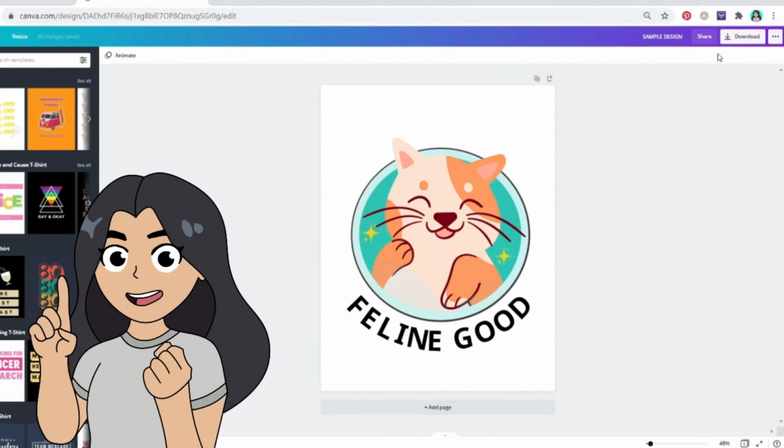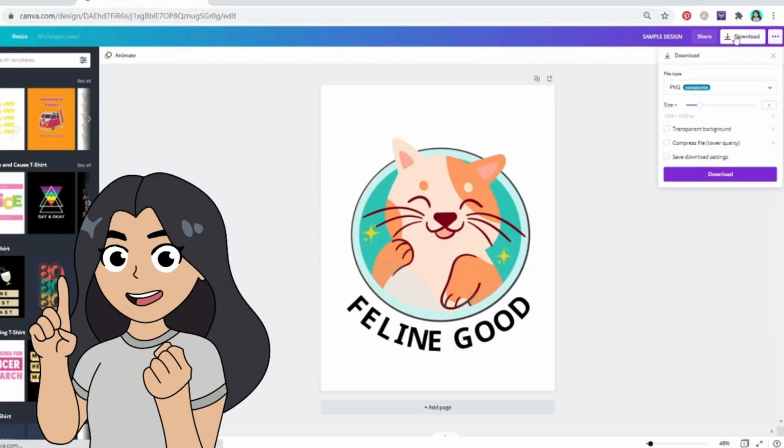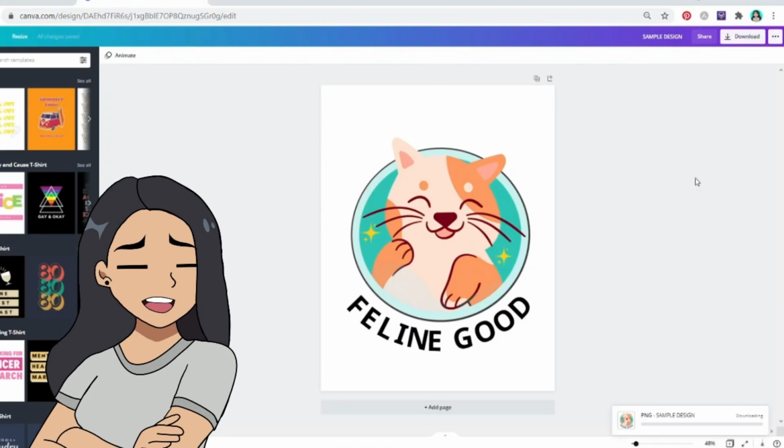You can now download the file by just clicking download on the upper right, save as a PNG, and click the transparent background. However, you need to be signed up with Canva Pro in order to gain access with the